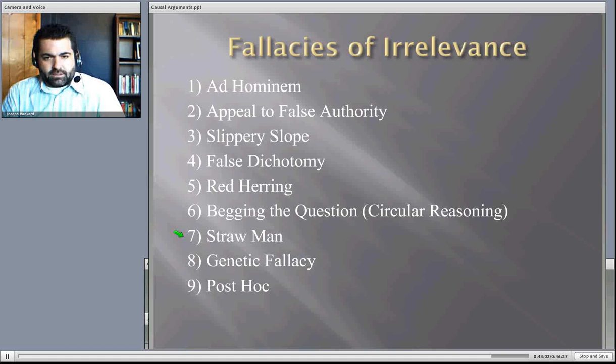Straw man fallacy. This is something that all of you most likely will be guilty of in your papers from time to time, so you want to be careful here. Straw man is when you articulate another person's views, so you're going to say, this is what Aristotle says about ethics. But you set Aristotle up in a way that is weak. You don't give him the best articulation of his views. You don't formulate his ideas well.